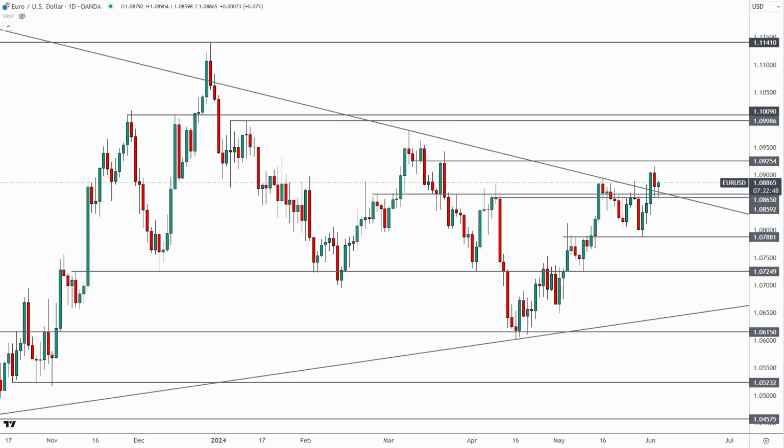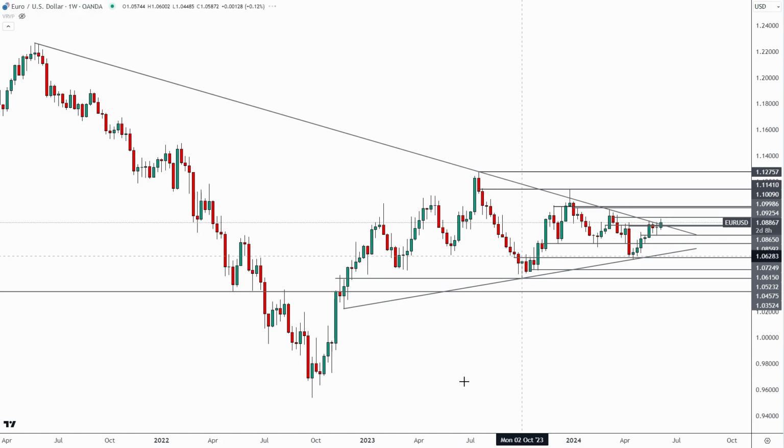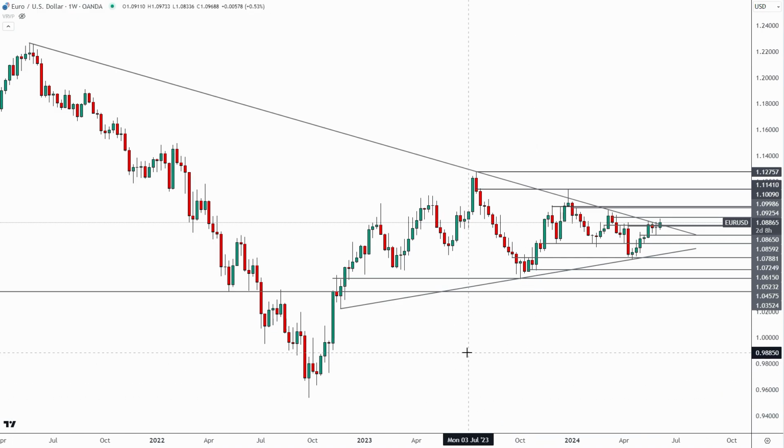All right, so let's go and get right into the Euro USD chart here as we approach Thursday's ECB. Obviously that's going to be a big event for the Euro USD and really the DXY as well. So first and foremost, trading ahead of the ECB is ill-advised just because we are likely to see a lot of volatility both during and also following that event.